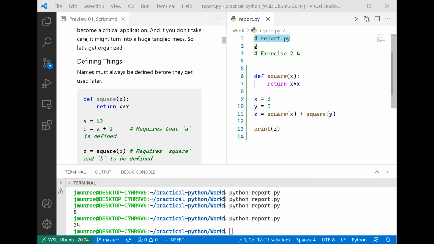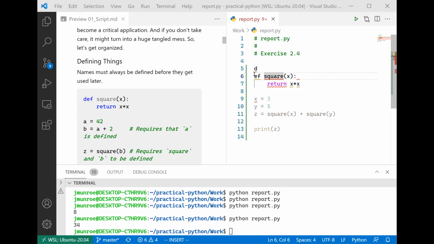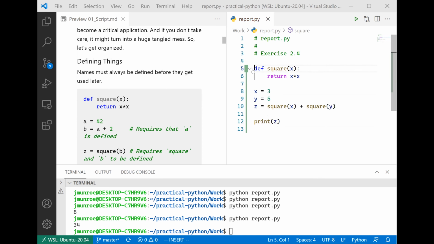The comment gets ignored, and then def. At this moment, the interpreter says, okay, you are telling me there is such a thing as a square. No problem. Then it jumps to line 7 and keeps going. There's x equals 3, y is 5, z is a square. Oh, wait, you told me what a square was. Then I go up here and execute that content. I figure out what square is, then it jumps up here and executes that content. And one of the things that means is,